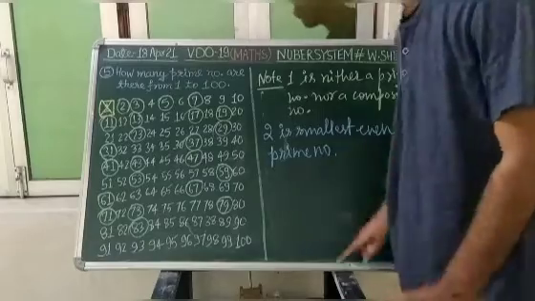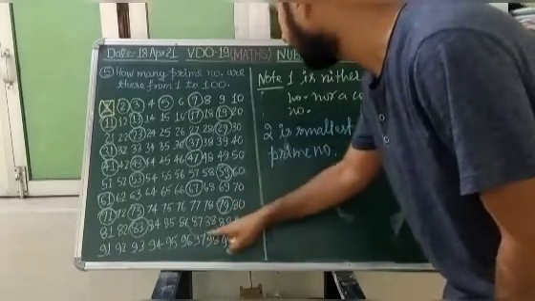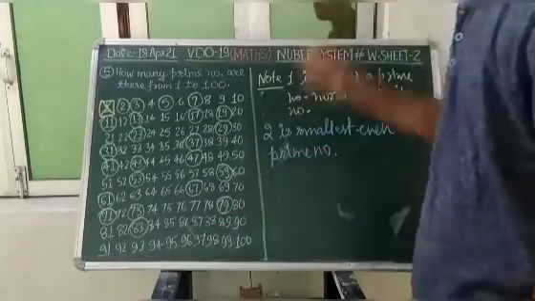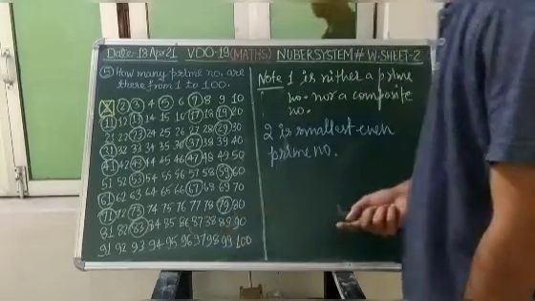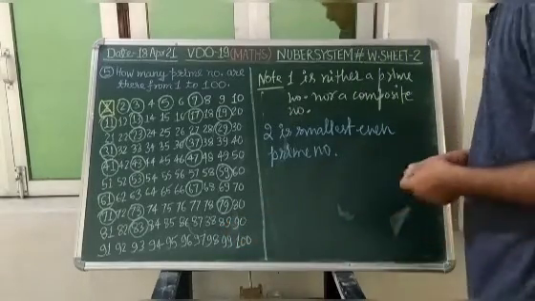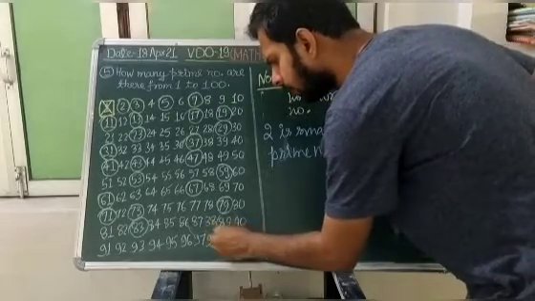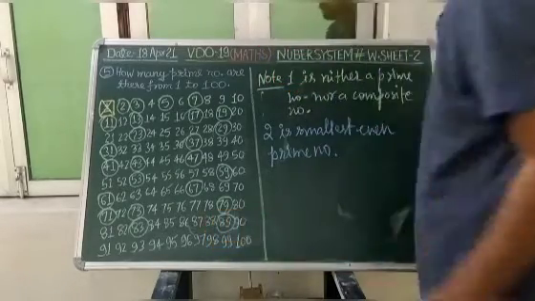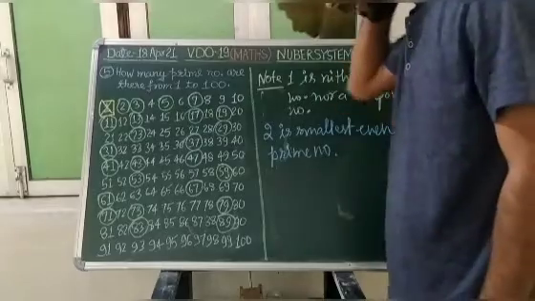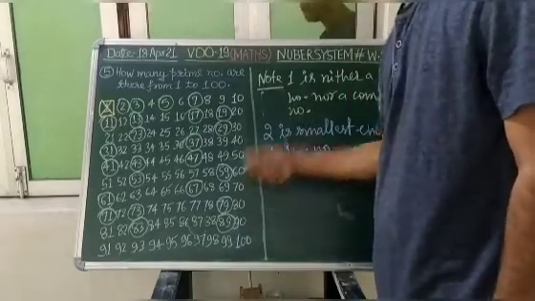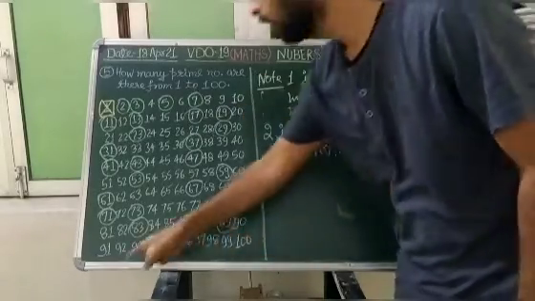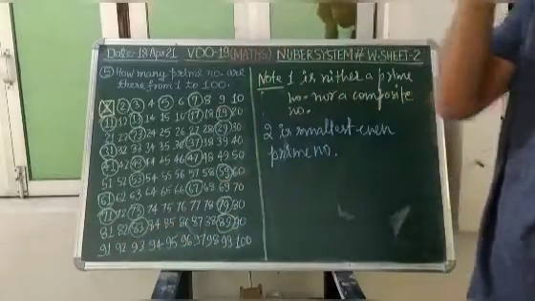Go to the divisibility rule. 88 will be divisible by 11. 89, when you are selecting, 89 will not be divisible by any other number. It will be only divisible by 1 and itself. 90 will go by 10, 30. 91, when you are selecting,